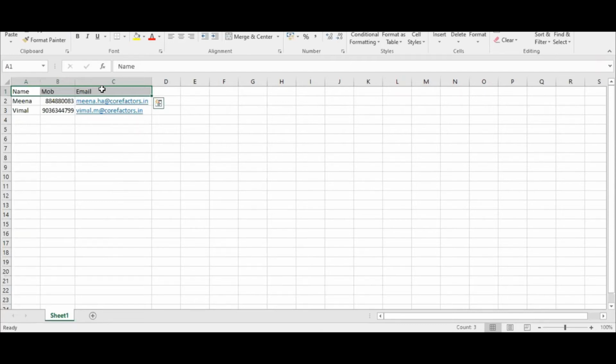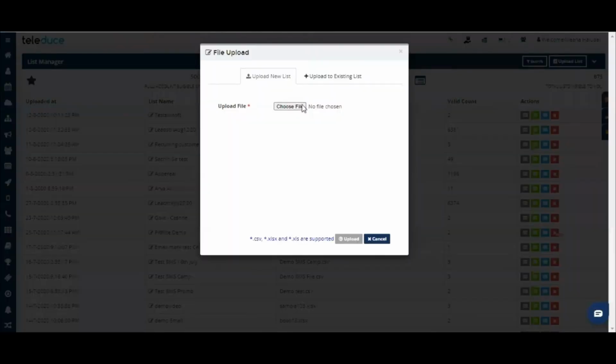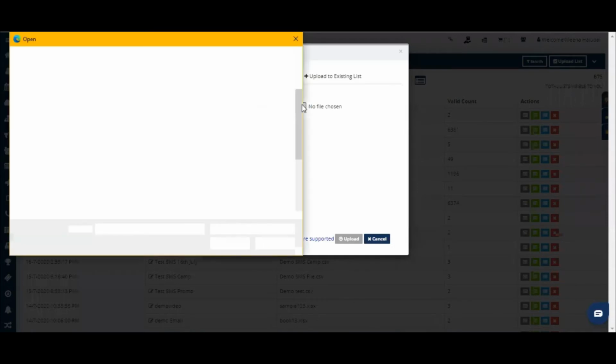Also, in the webinar insight slide, I had shown you how you can utilize or personalize the messages, right? So personalization is nothing but the first column, where you will actually know your client's name or the person's name you're going to send to, and you personalize them and you send it across. So utilizing this particular file, we will now see how we will be able to upload the list and run the campaigns. Okay, so I'm just going to save this and click on upload list. Choose the file. I'm going to choose the same file.